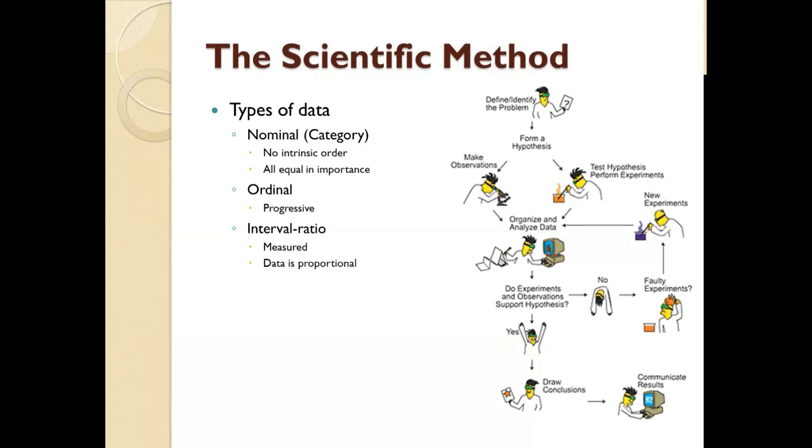In terms of the interval ratio data set, these are data that have been pre-calculated beforehand. So if I were to create a table that included the averages of the GPAs of the students in the class, that would be an interval ratio. I've already pre-calculated to create a baseline and comparability, a correction for the variation within our group.